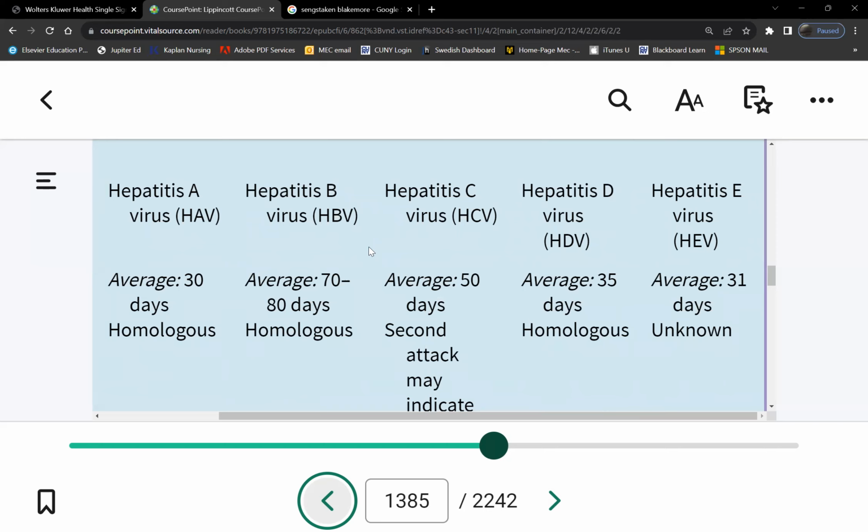So again, how do you get A and E? A and E, oral fecal. B, C, and D, blood and body fluids. Okay. So A, E, it's easy. B, C, D. Oh, I see. Correct. Yeah, I remember that. How many select